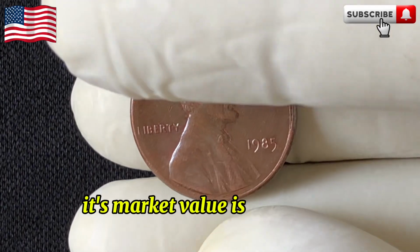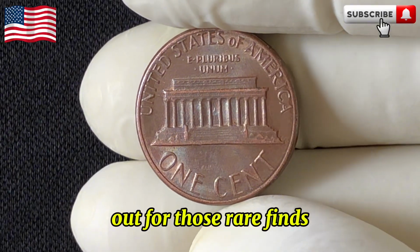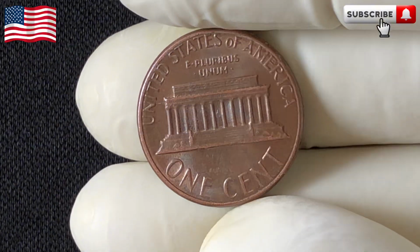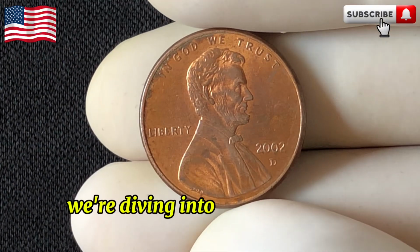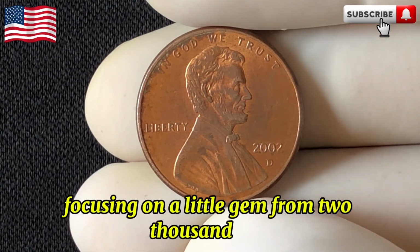Finally, its market value is $58,000. Keep an eye out for those rare finds and special errors that can add a little extra sparkle to your coin box. Today, we're diving into the fascinating world of US coins, focusing on a little gem from 2002,